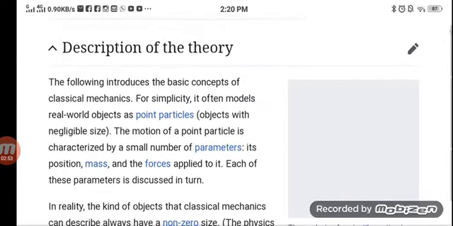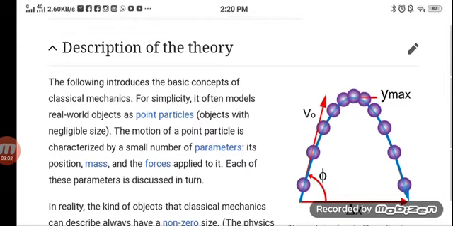Content description of the theory. The following introduces the basic concepts of classical mechanics. For simplicity, it often models